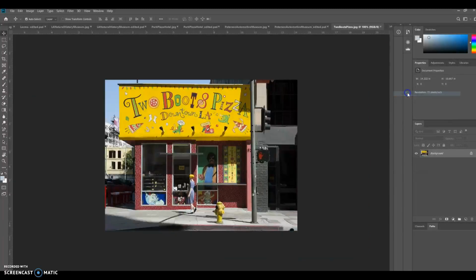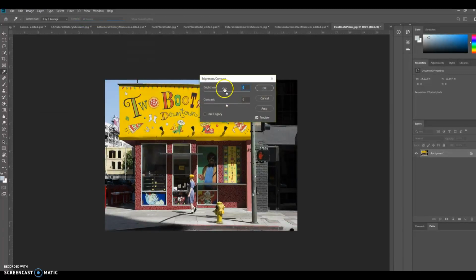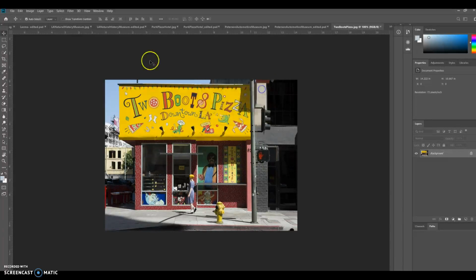This next place, the Two Boots Pizza, I just really liked. It's kind of unique with the yellow out front, and the only thing I did here was an image adjustment for the brightness contrast, and just got that yellow to pop some by both pushing up the brightness and by also doing sort of the same changes for the